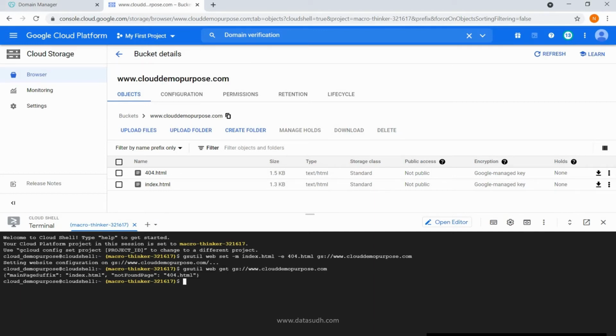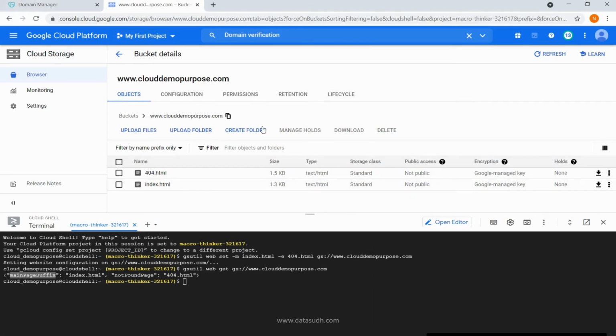So we can see that my main page suffix is index.html and not found page is 404.html. We have done this so that our website knows which is the main page to visit when the domain is navigated, and which is the page to visit in case any invalid URL is entered. Okay, so now our bucket is ready with content files and website configuration.